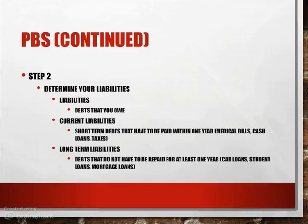And so, for instance, that is a current liability. Anything that's going to be paid, for instance, for monthly services or anything else along those lines. Now, a long-term liability, on the other hand, is something that's going to take at least a year, if not longer. For instance, maybe you take out a 5-year car loan. If that's the case, that's going to be considered a long-term liability because it's going to take longer than one single year,